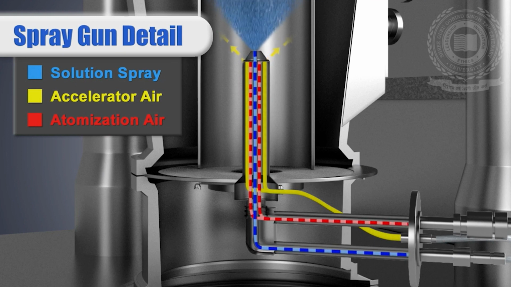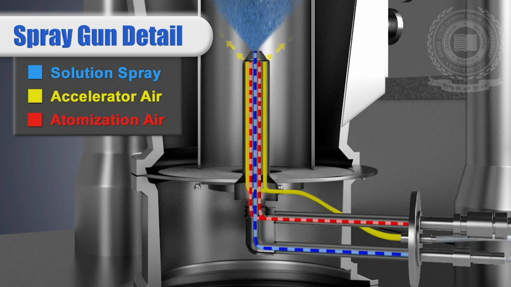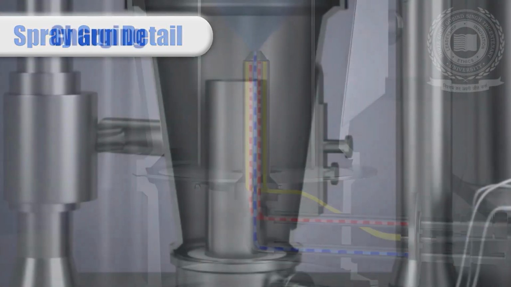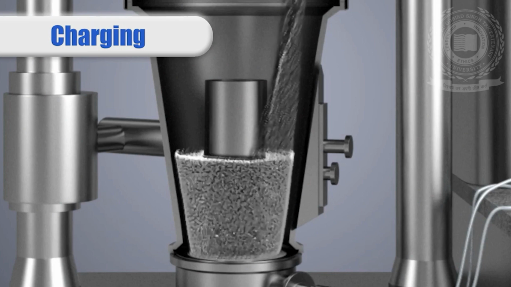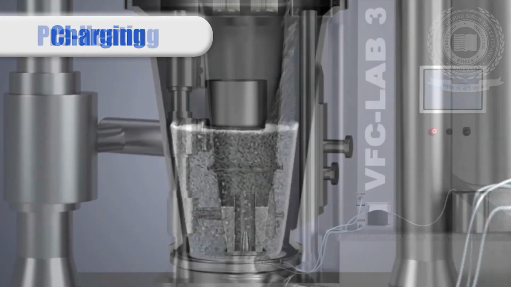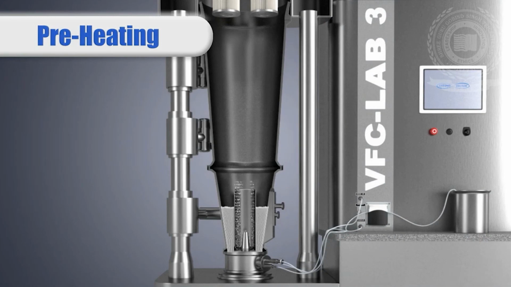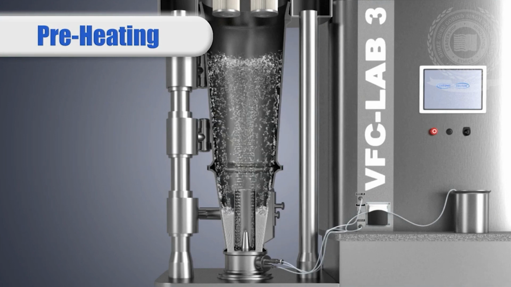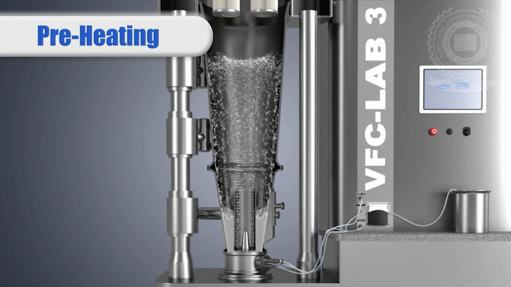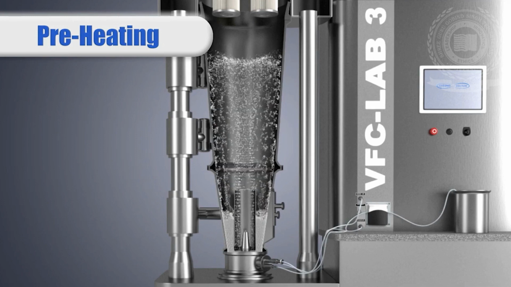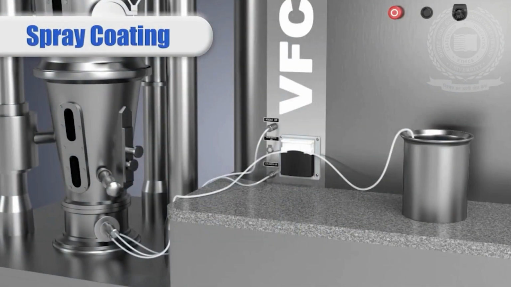The film material is applied as a solution or suspension. Caution should be taken here that no liquid bridges form during application, in order to avoid undesirable agglomeration. When coating using a solution or suspension, the liquid serves to transport the solid to the surface of the particles. When a melt is used for coating, in contrast, the coating material is 100% spreadable. GLATT technology permits an optimal retention time of the particle in the coating zone. This assures outstanding coating qualities.